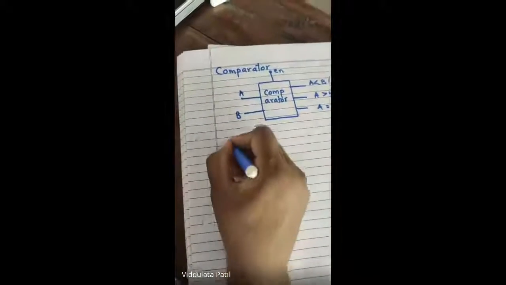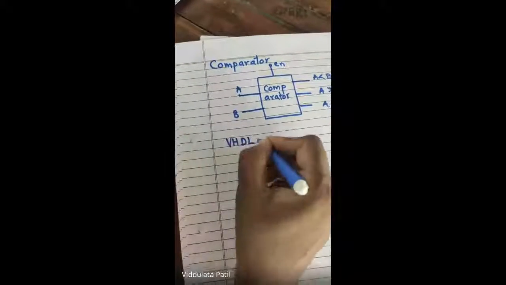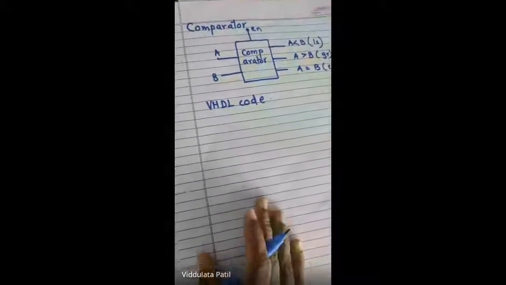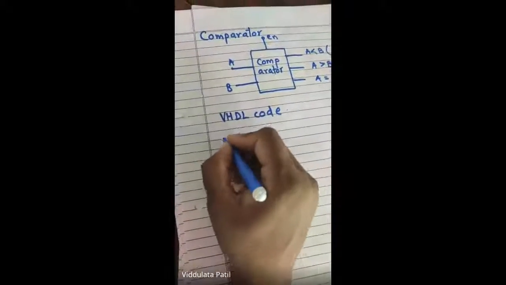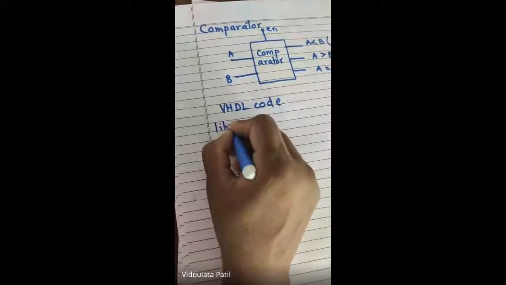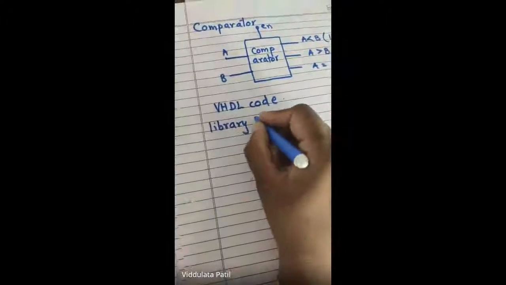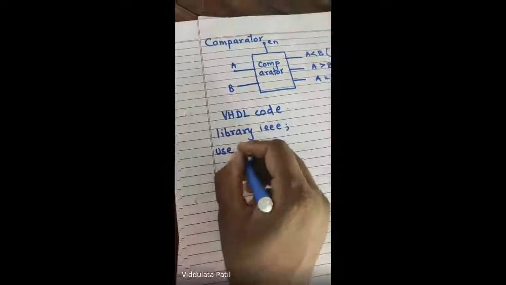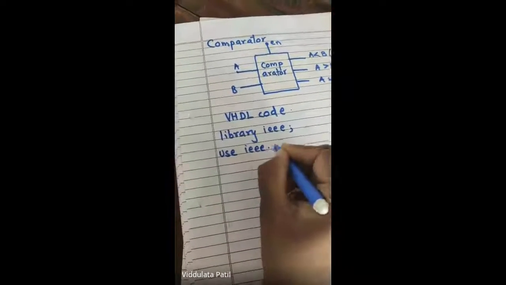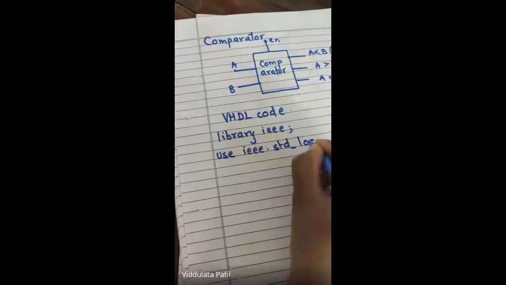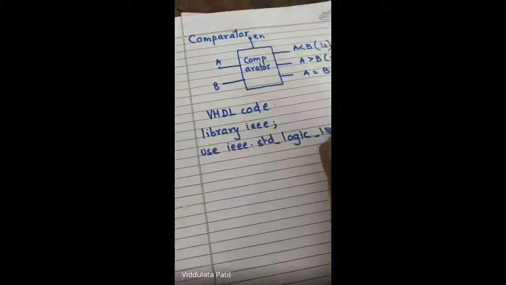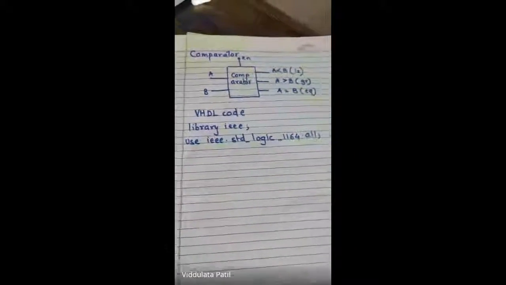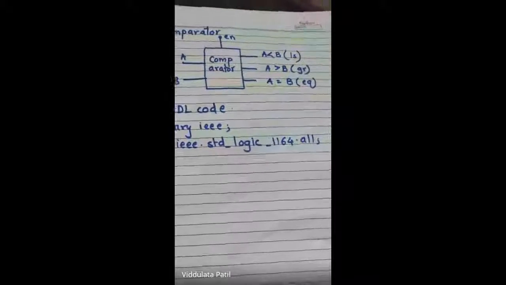Okay. So now let us write the VHDL code for this. For this, we need to first declare the library. Then, as usual, we will add the package, that is IEEE dot std_logic_1164 dot all. But at the same time, in this program, we are going to do certain